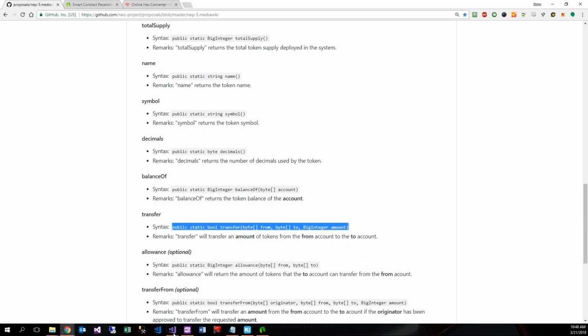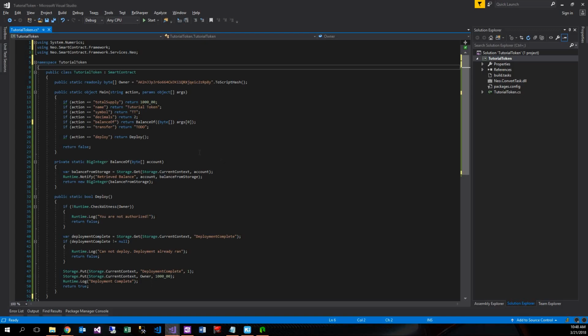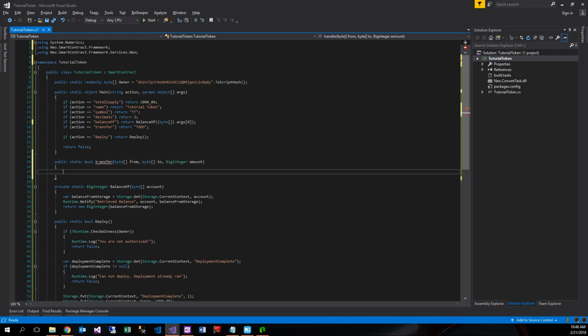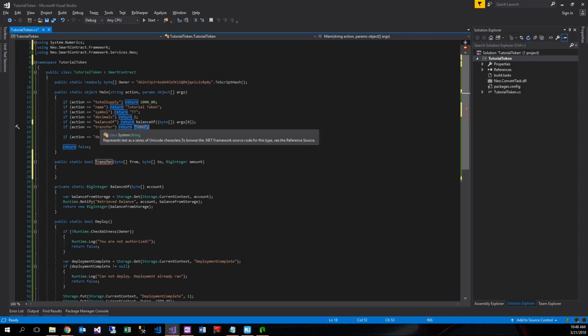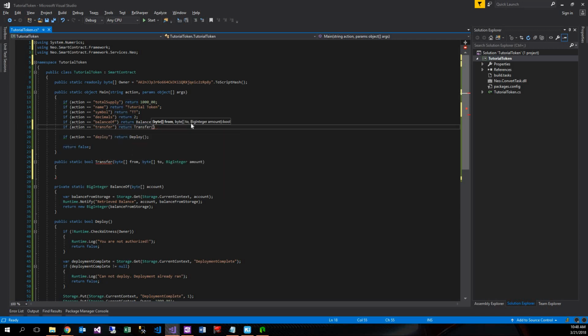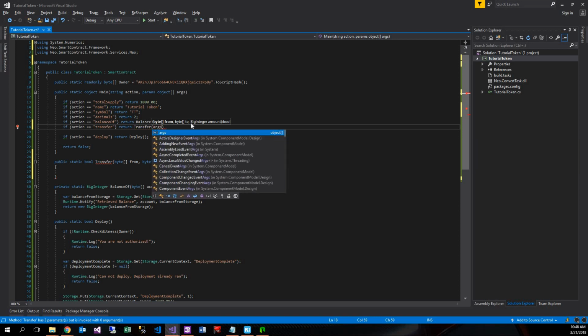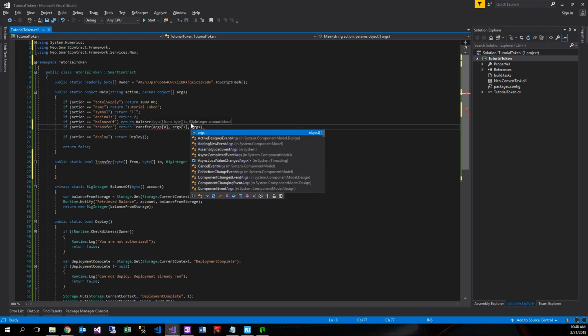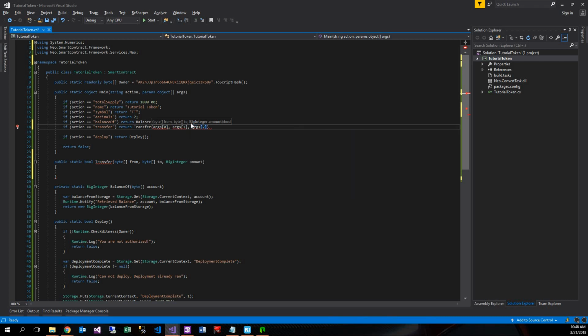So to do that, I'm going to go back to our tutorial token here. I'm just going to paste the method signature right from the website onto there. So we have transfer here. When the lowercase transfer method comes in, I'm going to call the transfer method here in uppercase because that's how I like it. And we are going to take in args bracket 0 will be the from, args bracket 1 will be the to, and then args bracket 2, not sure if I just said 0, 2, 2 here, but 0, 1, 2